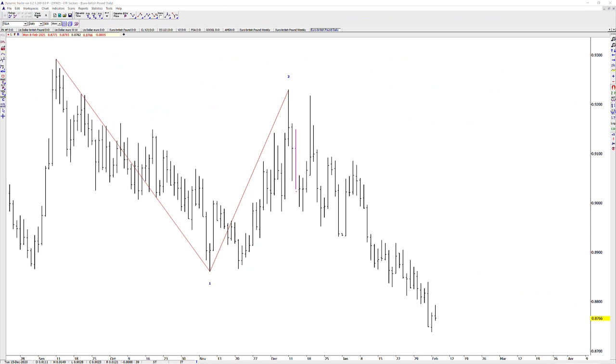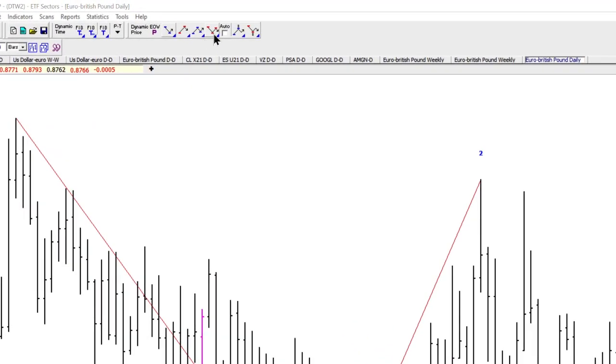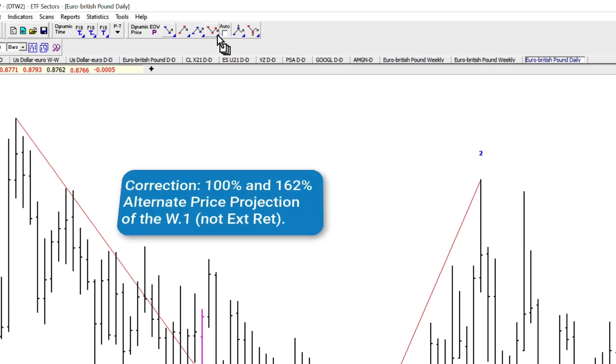So this data is British pound daily data. And let's go under the assumption that we believe this is a completed 1 and a 2. Where would the typical wave 3 be? Well, the first thing we do, and usually just the key relationship that we need on our charts, is the